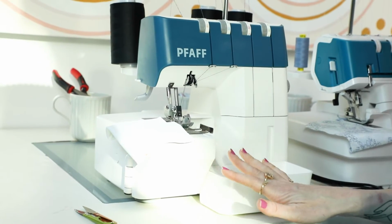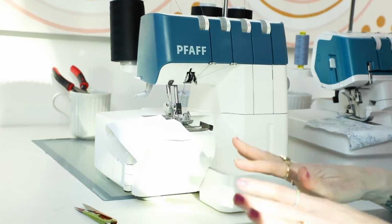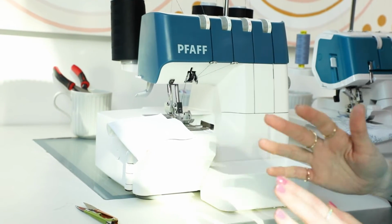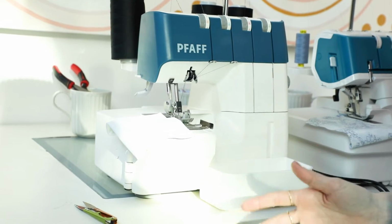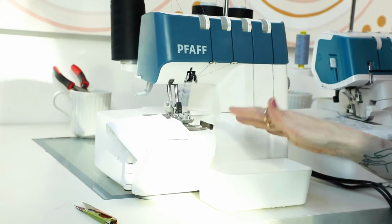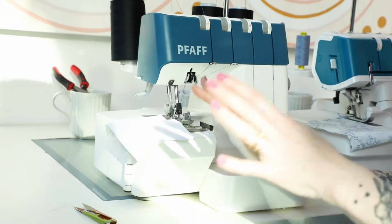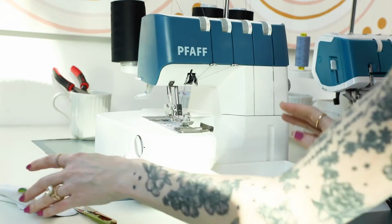Okay, so the first machine that we're going to go over is the PFAFF Admire 1000. This is a basic entry-level serger. It usually retails for about $599. It will depend on your dealer. It can hold up to 4 threads. What I love most, before I get into the sewing, what I love most about this machine is that threading